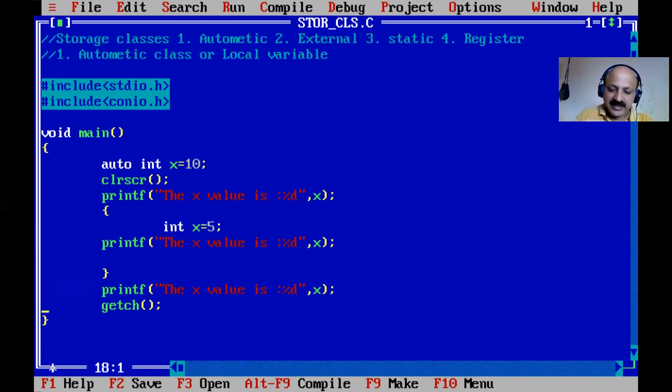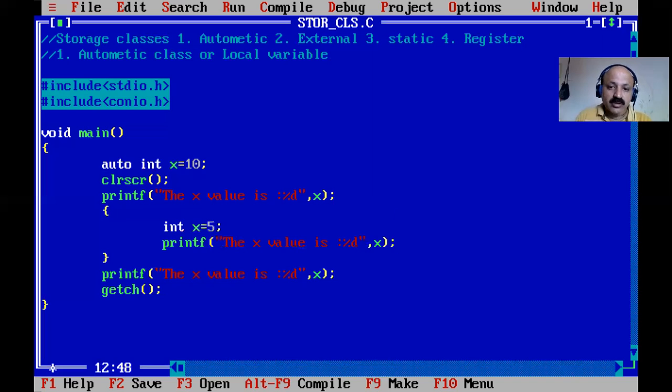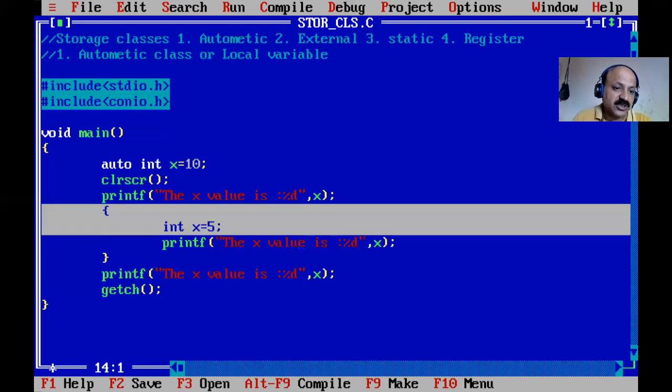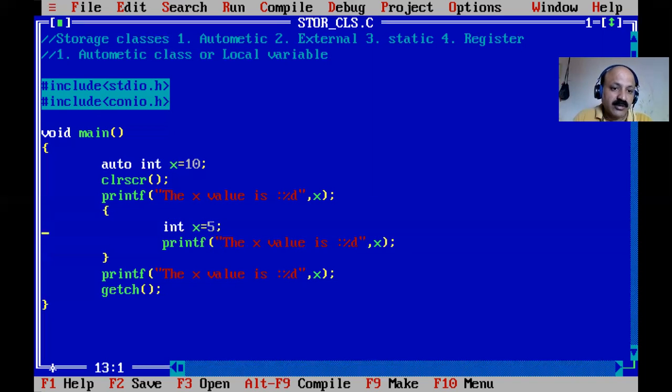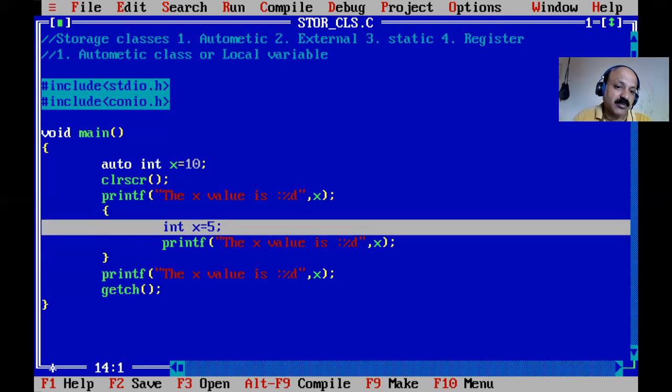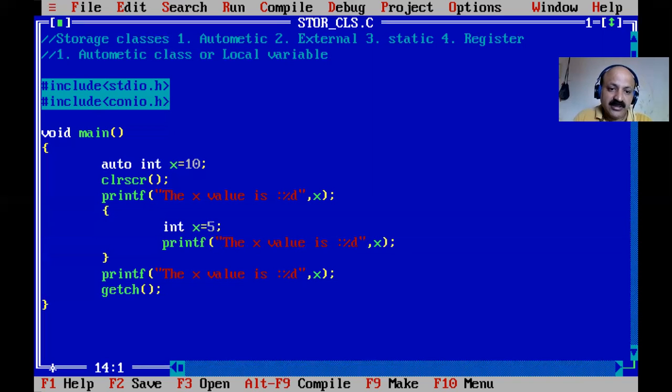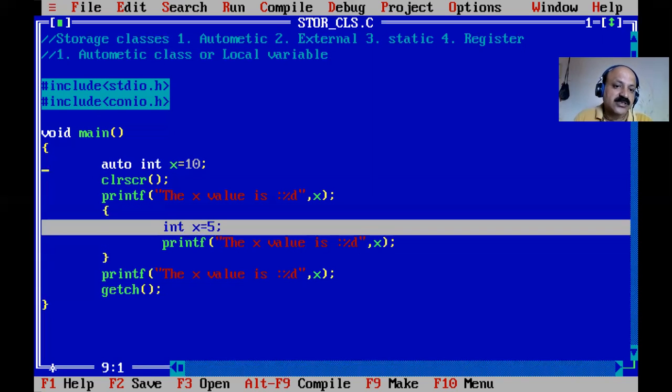So that X variable we can define in this block. That is a block, not any if condition or any for loop, but block structure programming is there. So here we can also use the X variable a second time, and then we can print this X. That is internal, so here is a local X, not the outside X.